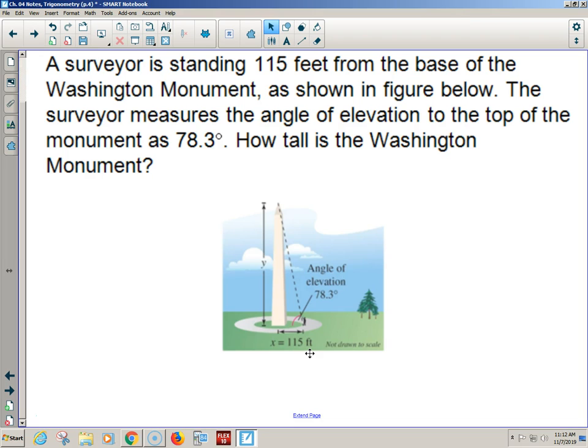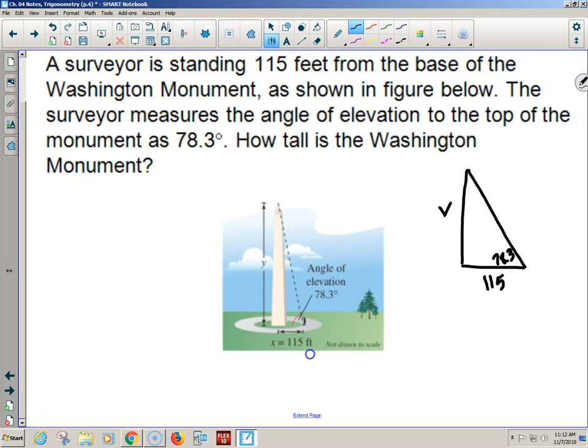78.3 degrees. How tall is the Washington Monument? So, the angle of elevation is 78.3. If this one's too confusing, can't you just draw a basic one, saying they're just talking about the Washington Monument as a straight line, and the man as a point, and they're measuring. This one you have to use a calculator, right? Because it's not on the unit circle chart. And you just gotta use tangent. You have to use tangent. Why tangent? Because you don't have a hypotenuse. See it?